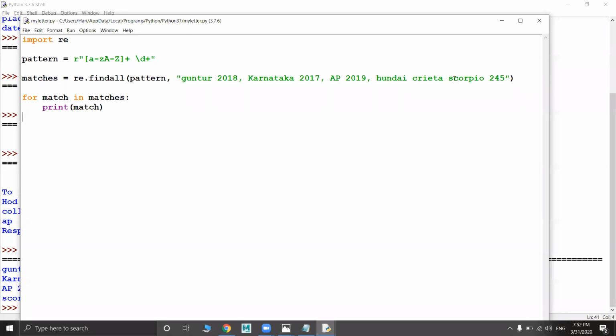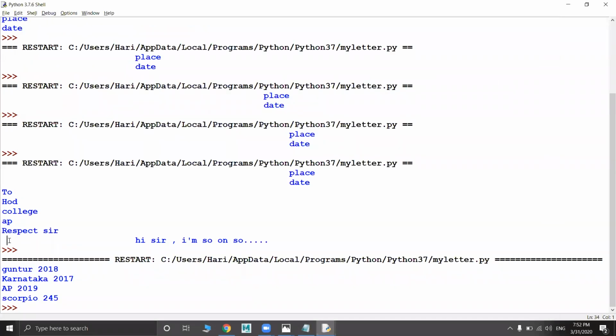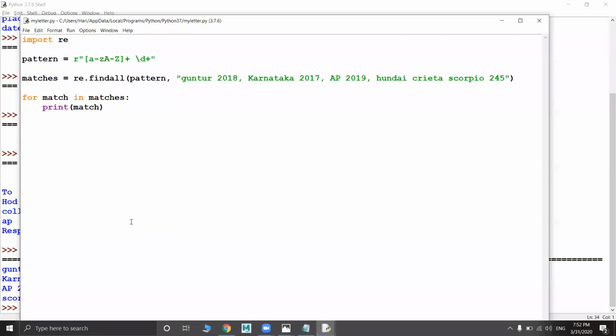So here in Scorpio you have alphabets and you have space, and then it recognizes the numbers. So here the pattern is matching. So you got all those four. Now it is easy, right, for finding something in the complete document.